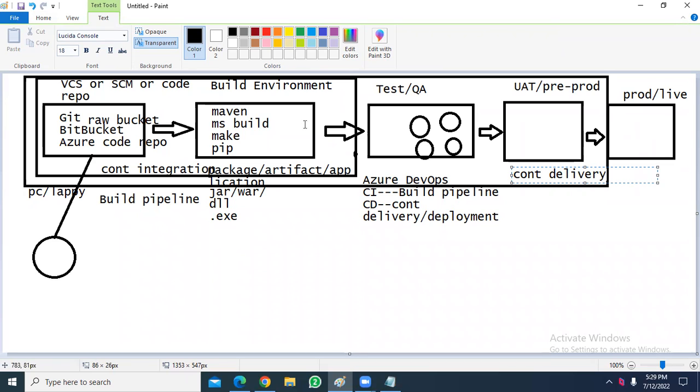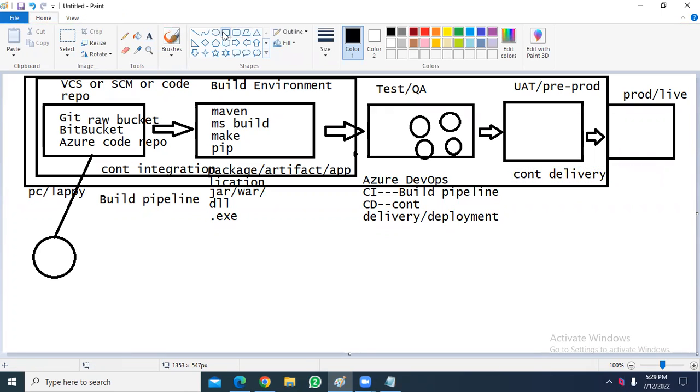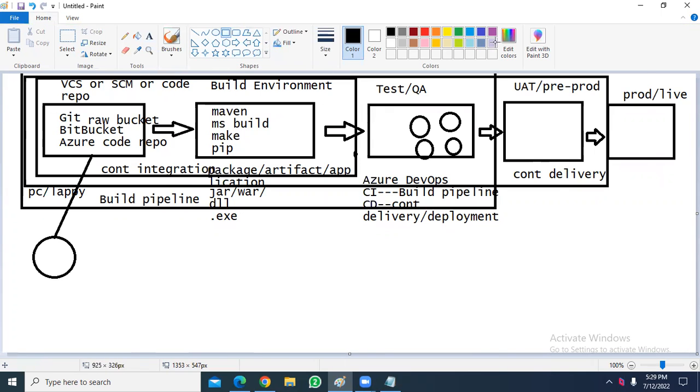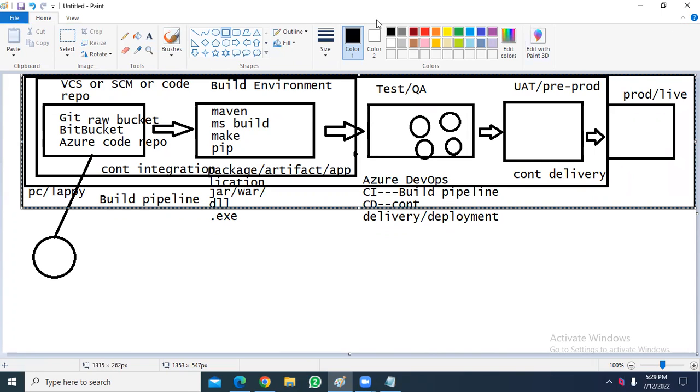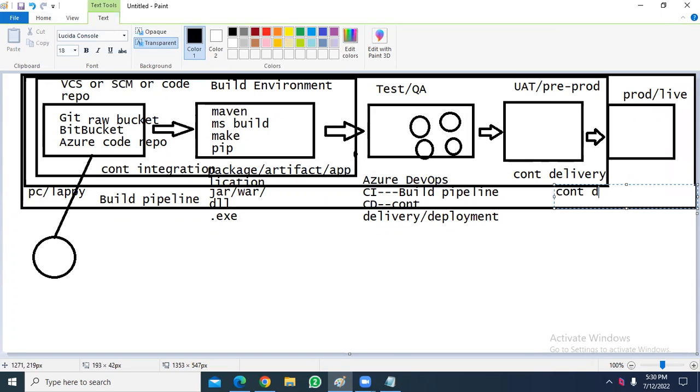Immediately, the code is tested. Immediately, we deploy the code into UAT environment, user acceptance testing. So this process is called continuous delivery. And what is meant by continuous deployment? If you are able to automate every activity from version control system to production, this is nothing but continuous deployment. So these are the generic terms actually.